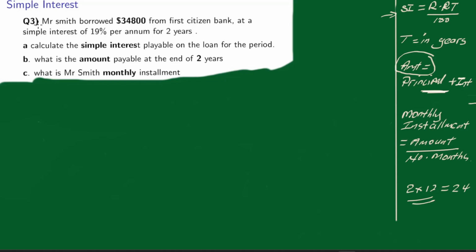Calculate simple interest. Right, simple interest equals principal by rate by time. So this is your simple interest formula here. Interest equals principal by rate by time